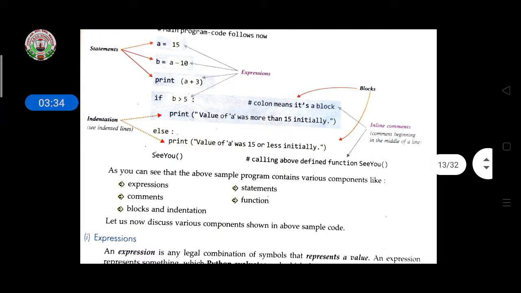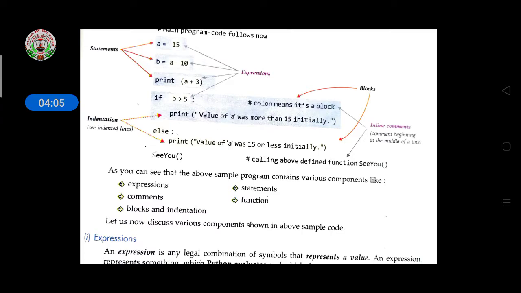Then indentation. In other programming languages, the method of writing a program is different from here. Here you have to mention indentation. You had learned indentation in a Word document, where it means setting a gap between two lines or two paragraphs, giving white space.